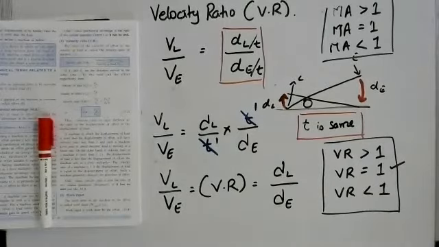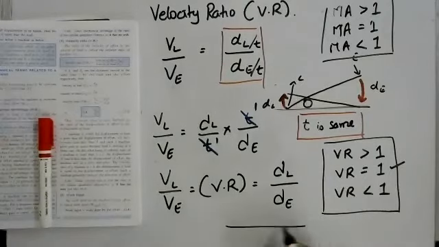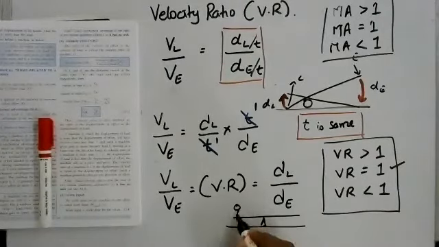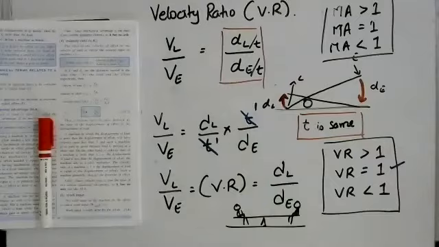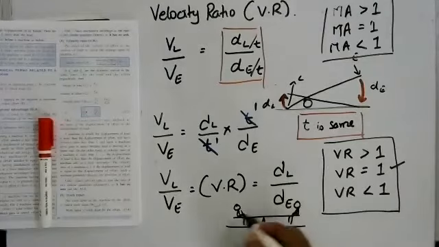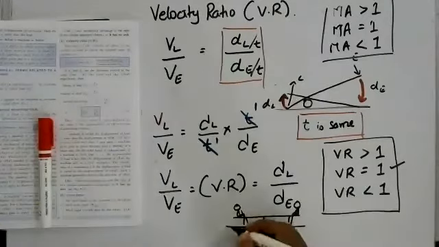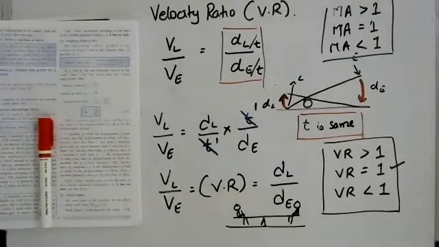How do you interpret that? The fulcrum is at the center. Yeah, so the interpretation is that the fulcrum is right at the center. So you can think in terms of, again, the seesaw example. If you have a seesaw with two persons sitting with equal weight at either end, then the velocity ratio will be equal to 1 if the fulcrum is at the center and effort and load are the same. So whatever distance the effort arm moves, the same distance the load arm will also move at the same time. So therefore there is no velocity advantage at all.